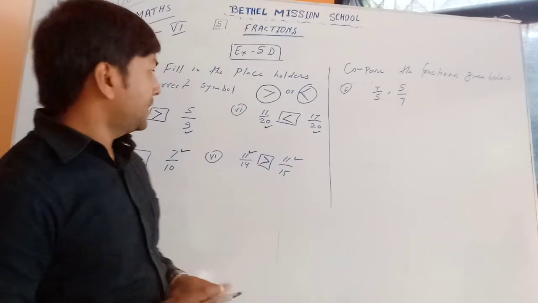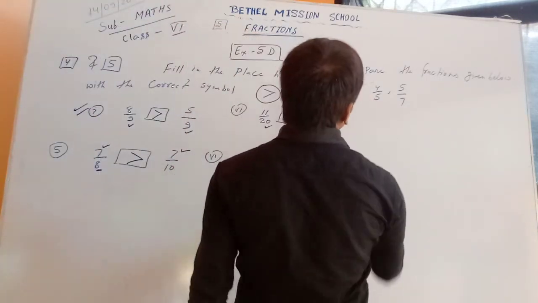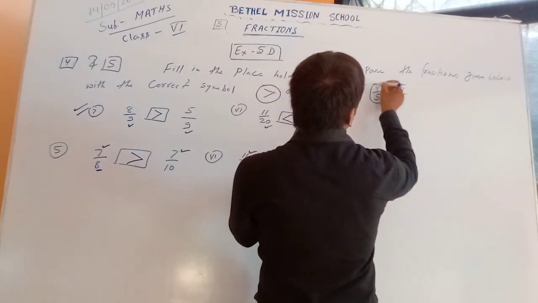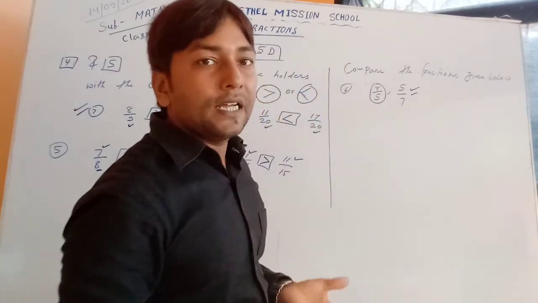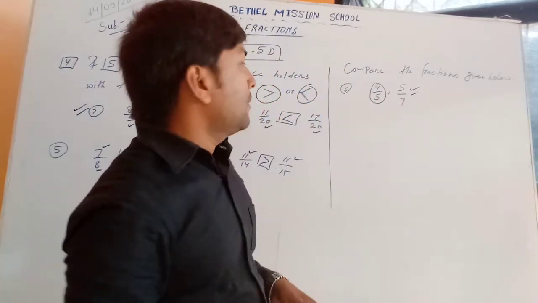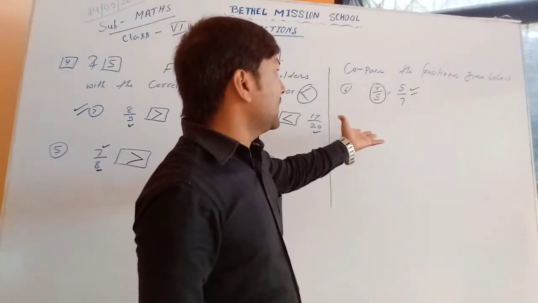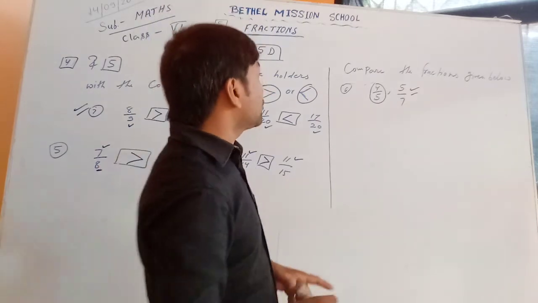Now here is the same question asked in 6th number: compare the fractions given below. Is 4 upon 5 greater, or is 5 upon 7 greater? Here the case is different because the denominators are unequal and the numerators are also unequal. Okay, so